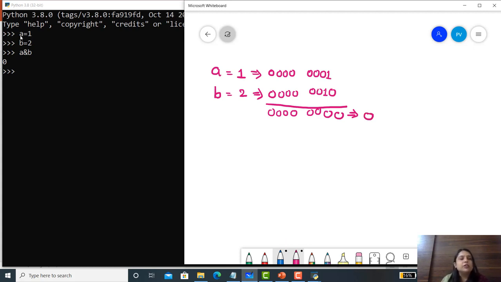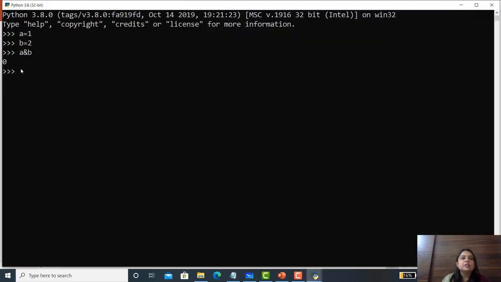In Python also, if we say A equals 1, B equals 2 and perform the AND operation, the answer is 0.